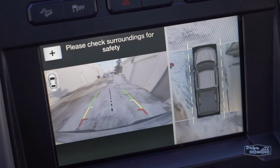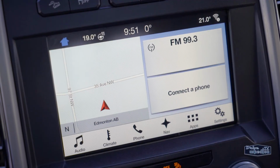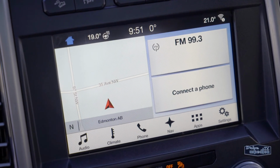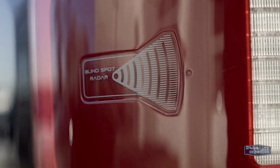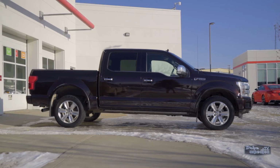In terms of tech, you get a surround view camera with sensors, Bluetooth, Apple CarPlay and Android Auto, and navigation. This F-150 also comes with the blind spot information system, with trailer coverage and cross-traffic alert to help you stay